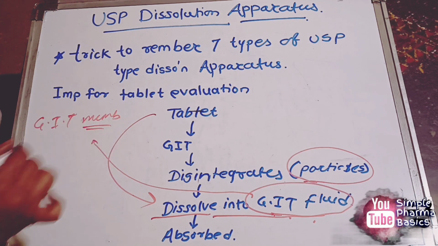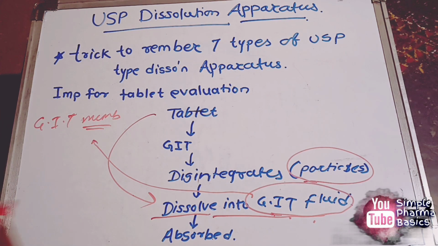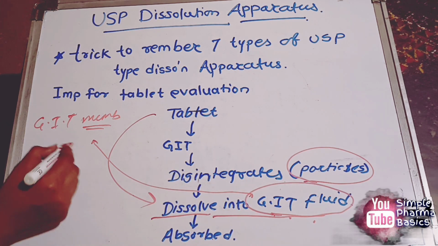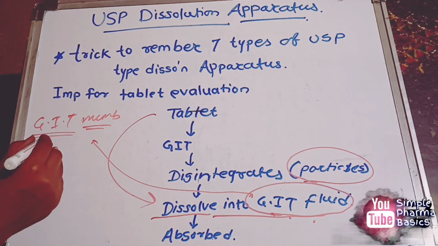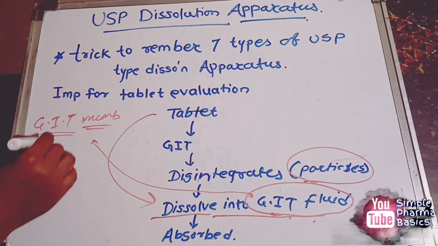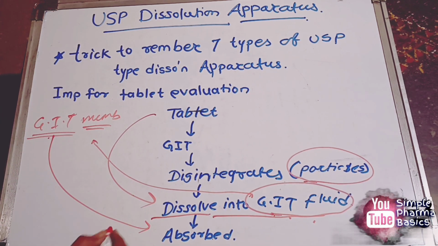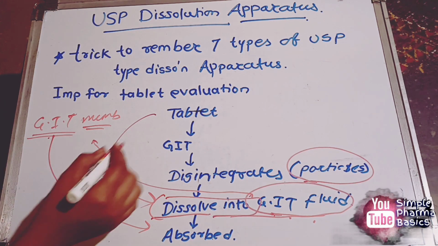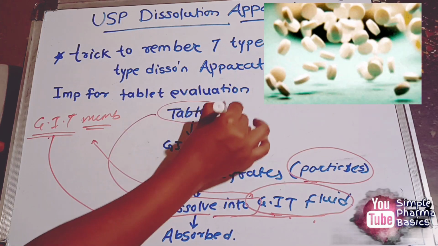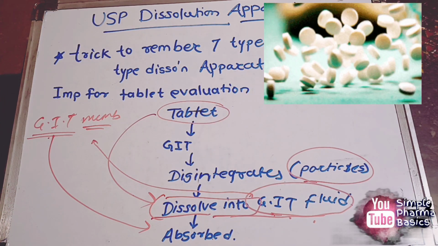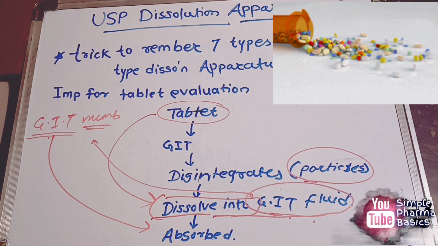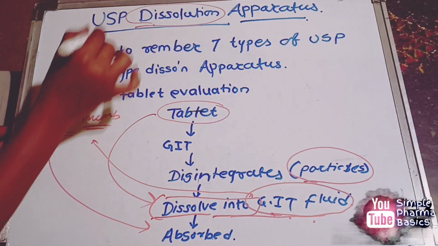This membrane is made up of phospholipid bilayer, and our drug in solution form reaches the GIT membrane, and after it reaches the GIT membrane it gets absorbed. So that is why dissolution is the main step in the absorption of drugs. So whenever any tablet is formulated, whenever any tablet is made in an industry, dissolution is the main test that is performed in its evaluation,